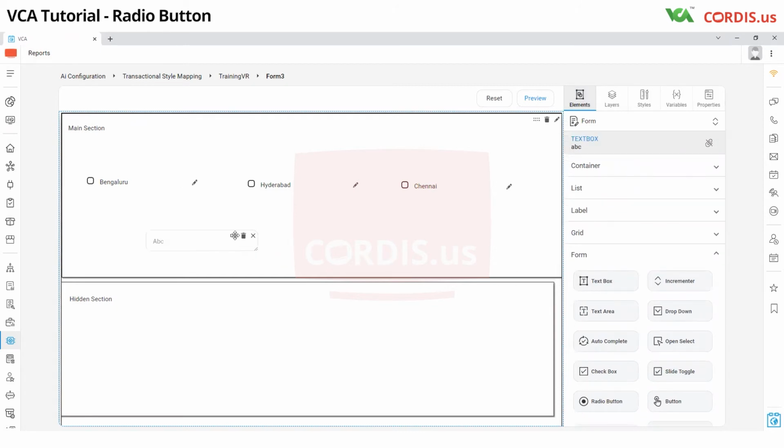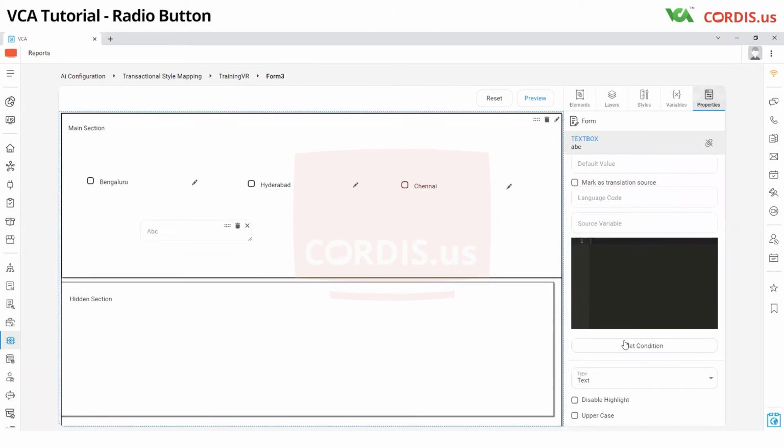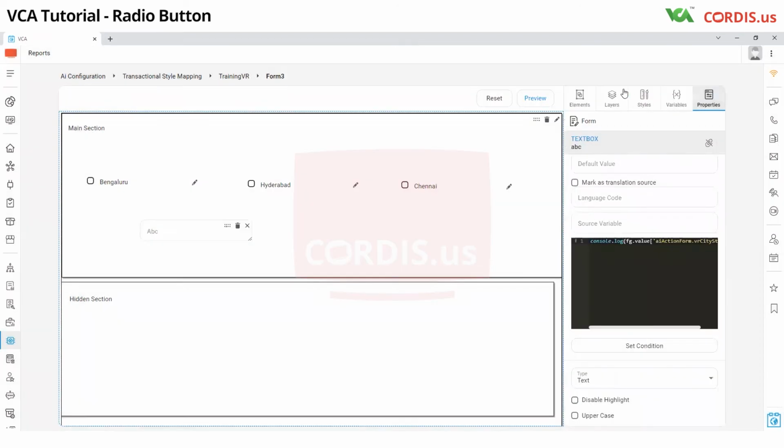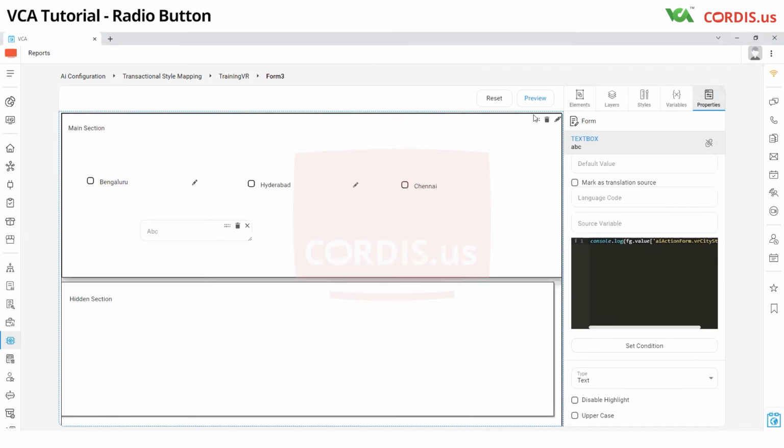And here we go to properties. You don't have to associate it with a variable for now. Just do console.log, and then in here you put the variable. Okay, then you go ahead, click on save, and now before we start looking at the output, clear console,